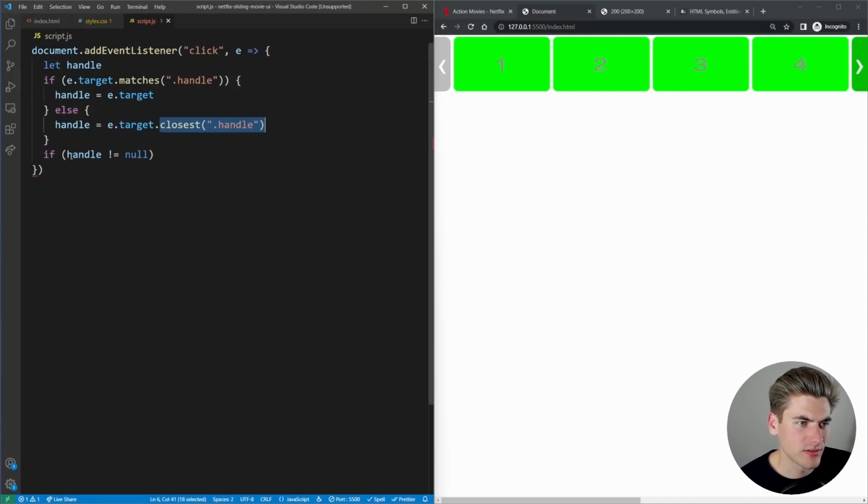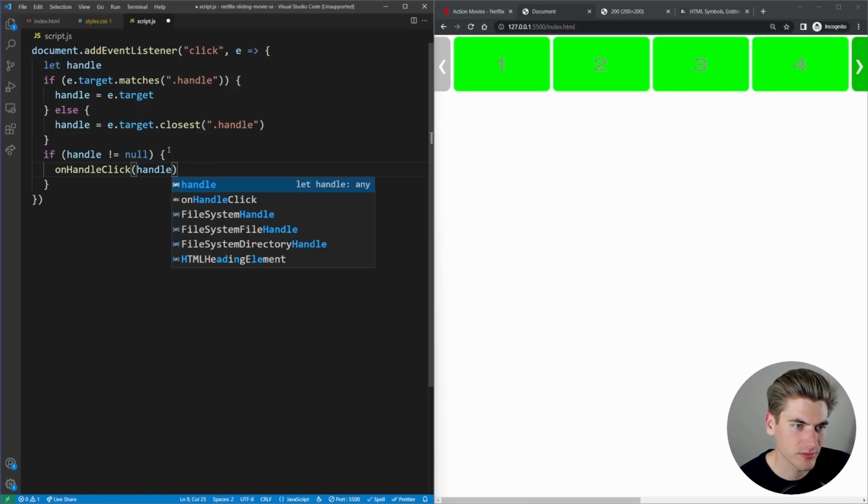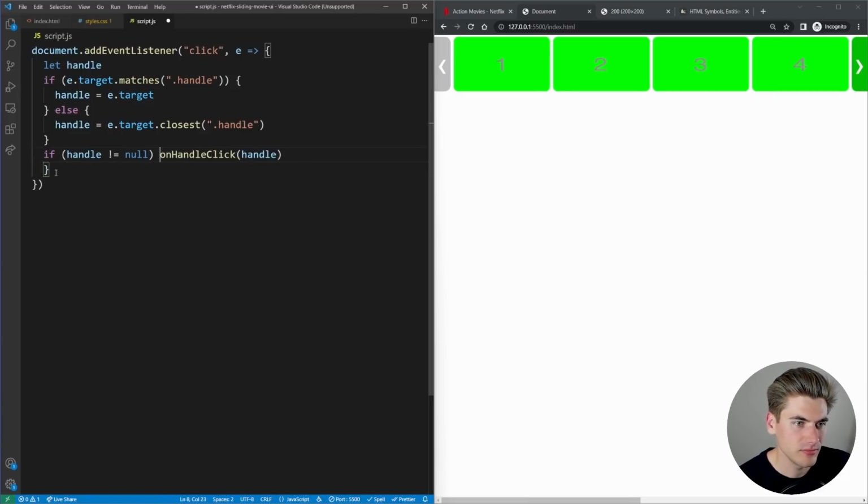So now we can go back to here. If our handle is not equal to null, we want to run some code, and that code is going to be either moving us to the left or to the right. So let's just call it onHandleClick, and we'll pass it in our handle. Function onHandleClick, which takes in a handle. If